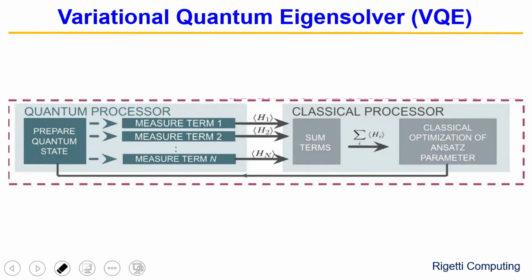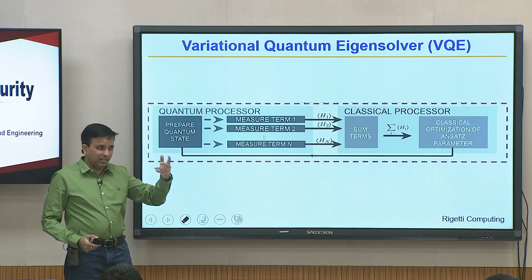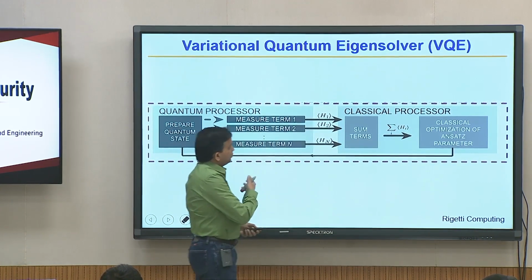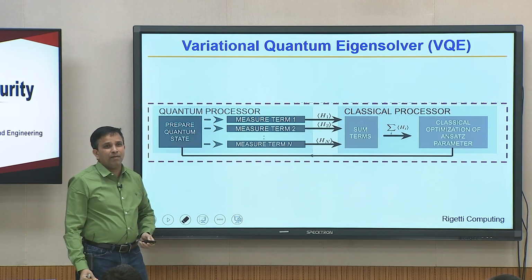So, Rigetti Computing, another company like IBM and others, came up with how to do this eigenvalue solver using a quantum processor and a classical processor. This one is running machine learning, and it is computing the ansatz, and this one is basically preparing the quantum state. That is where I got the idea that this computation problem can be viewed as a state preparation problem. You prepare the state again and again, you measure the term, you compute it. That is actually eigenvalue solving using quantum machine learning.